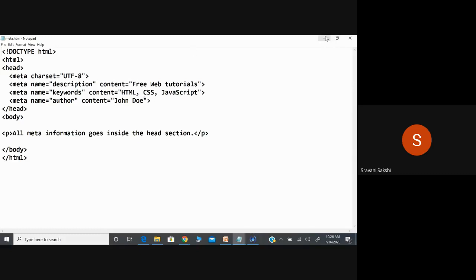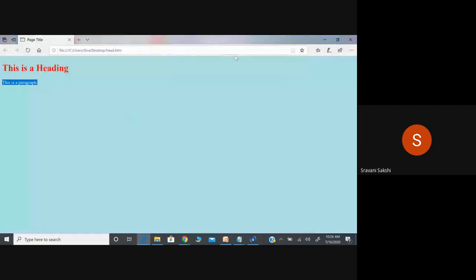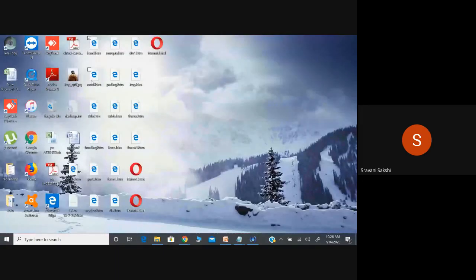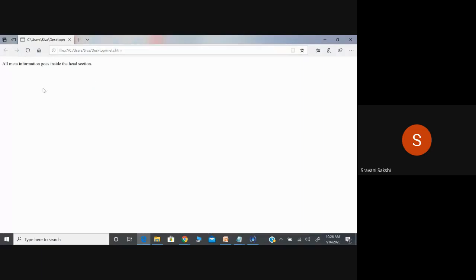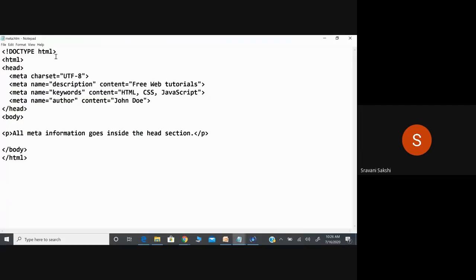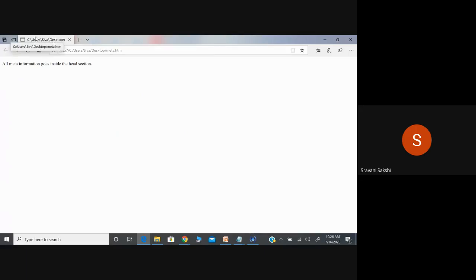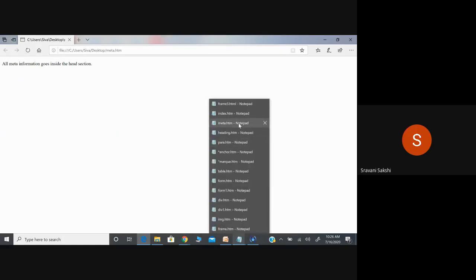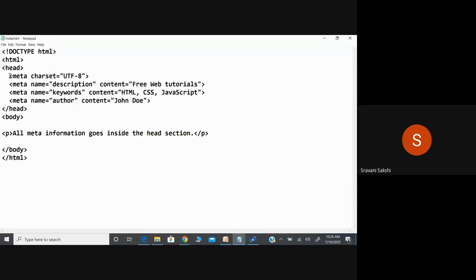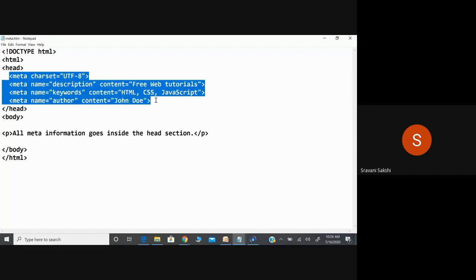Okay, so let us see the HTML page for this. Look, I have not given any title name. So here I have not described any title. If you describe the title, it will be displayed here. As I have not given any title name, the title is not shown and this complete metadata is hidden in the head section. So what information is being displayed? The information that we have given in the body section.